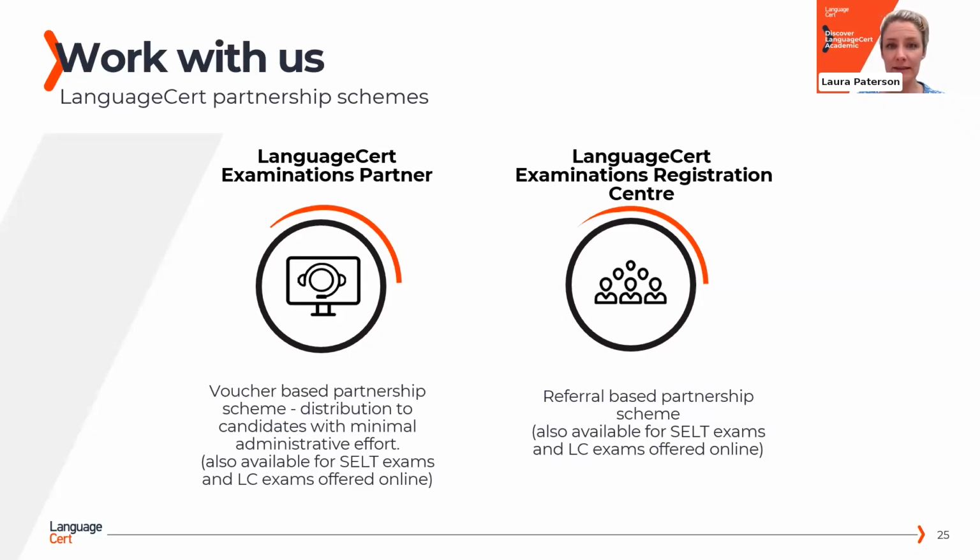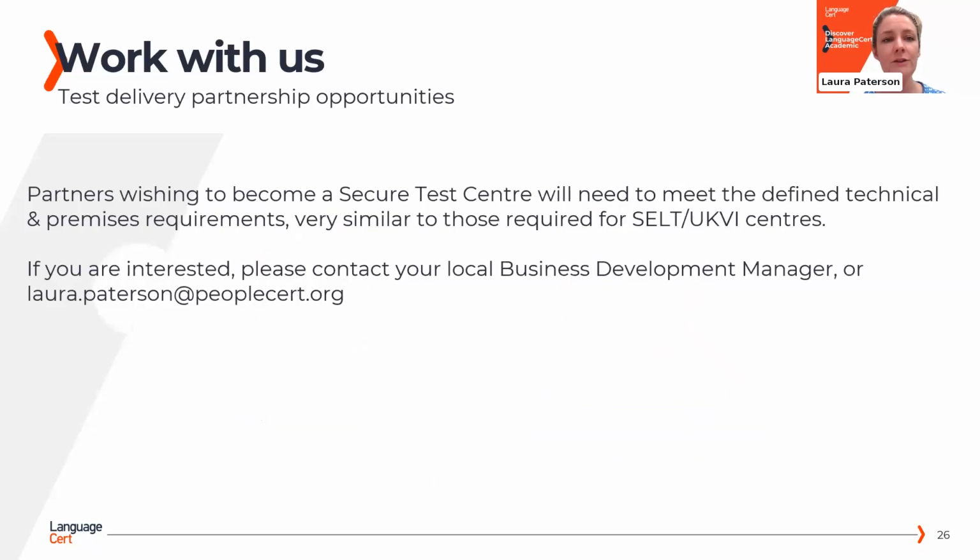As well as these two existing partnership schemes for LanguageCert Academic, we plan, as I said before, to hugely expand our test centre network so that we can reach even more people and give even more people the option to take a test centre test at a time that's convenient for them. And so we are offering test delivery partnership opportunities. So partners or anybody on the call who would like to become a secure test centre partner